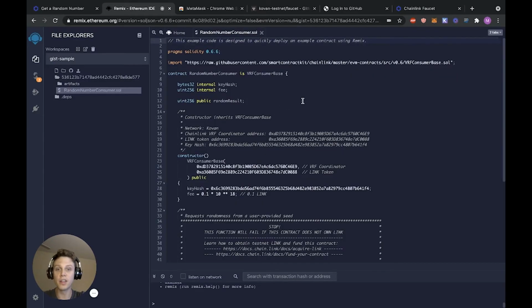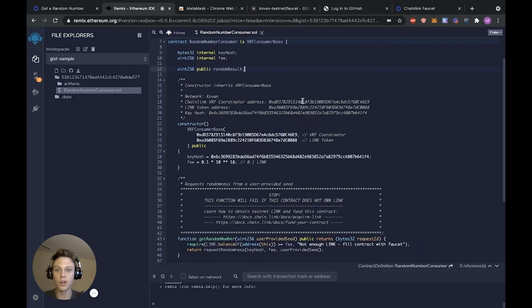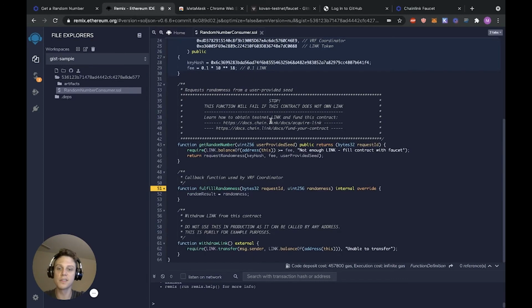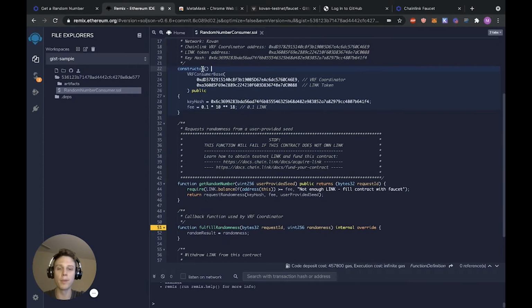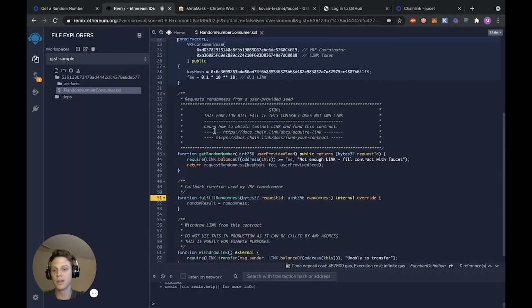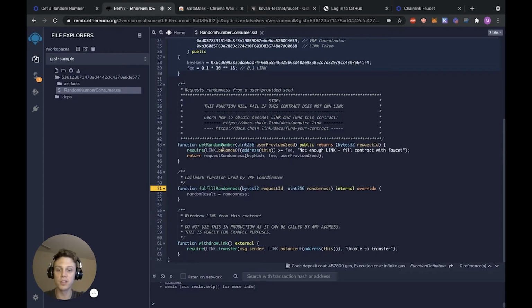So if you click on that, you can scroll through the code here. You can actually see this is the link token address I talked about earlier. And this is the starter template for code that uses randomness. Basically, there's the constructor, which in Python, you might be familiar with an init function for an instance of a class. So this is basically just the code that runs at the exact moment that the contract is deployed. There's also a getRandomNumber function, which